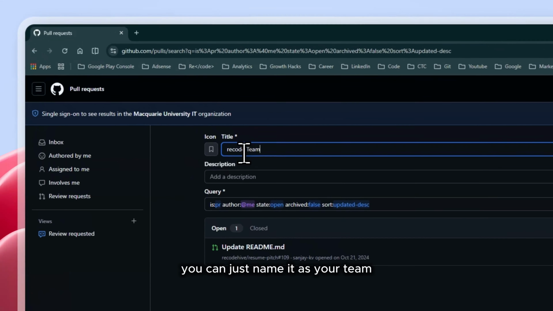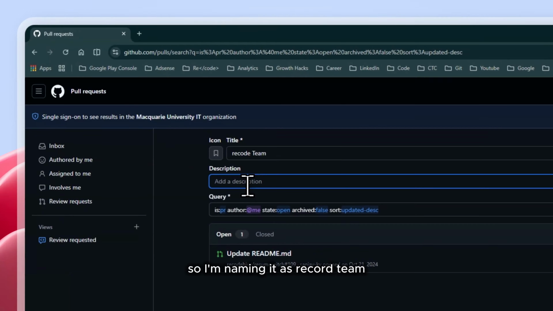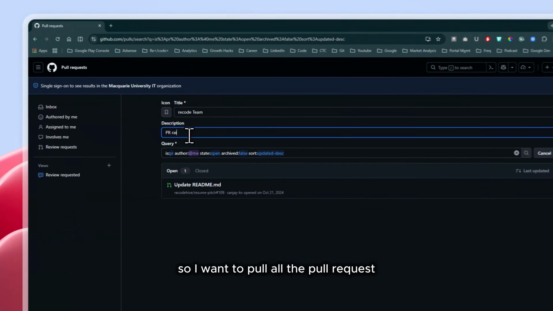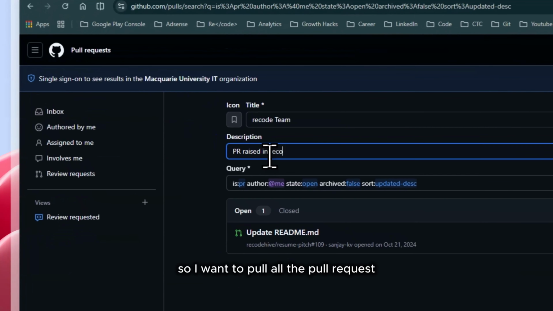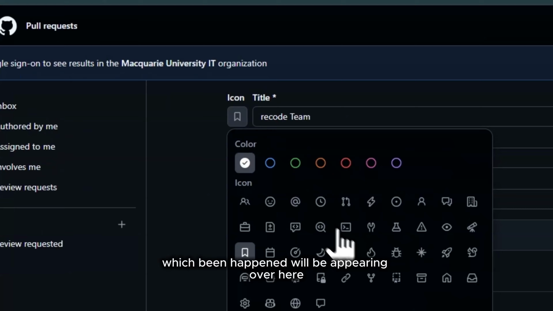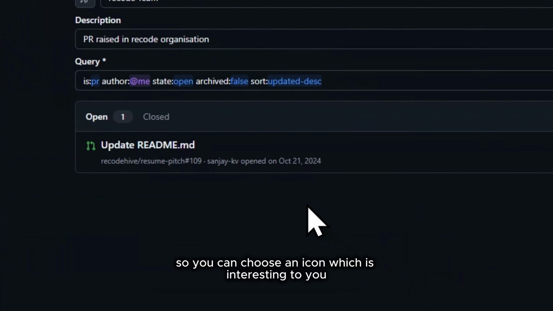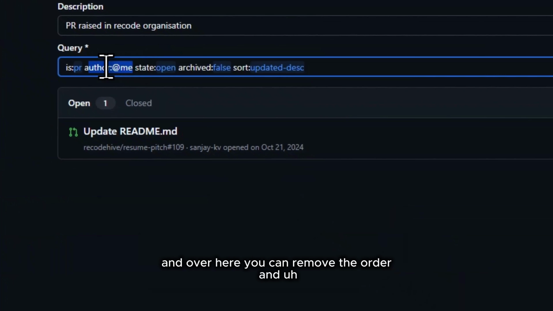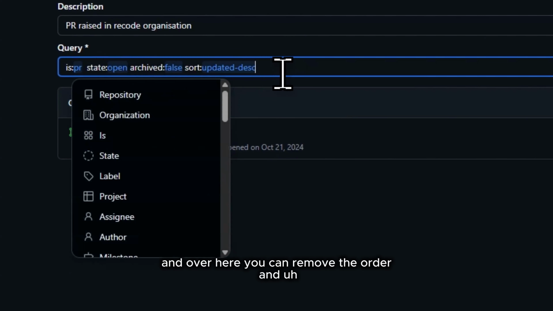You can just name it as your team. So I'm naming it as Recode Team. So I want to pull all the pull requests from my organization. So all the repository pull requests which have happened will be appearing over here. So you can choose an icon which is interesting to you, and over here you can remove the order, and